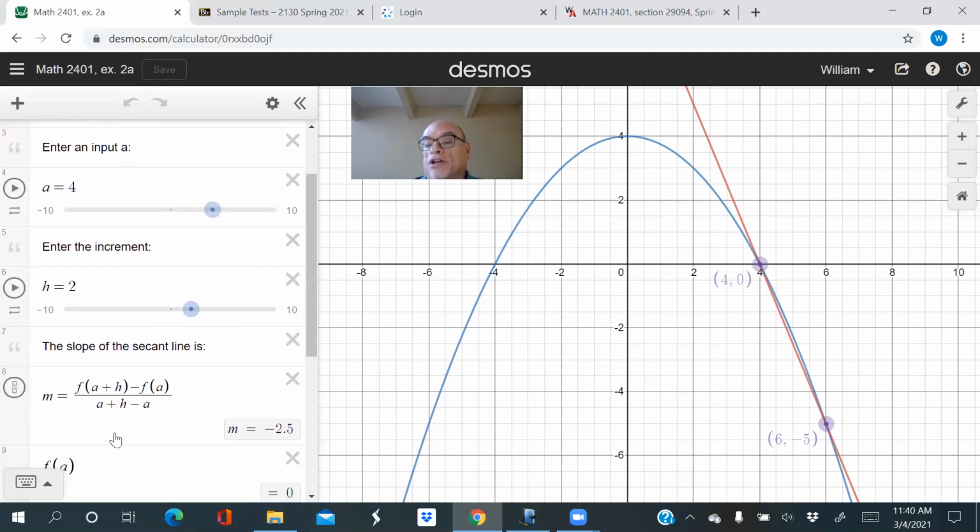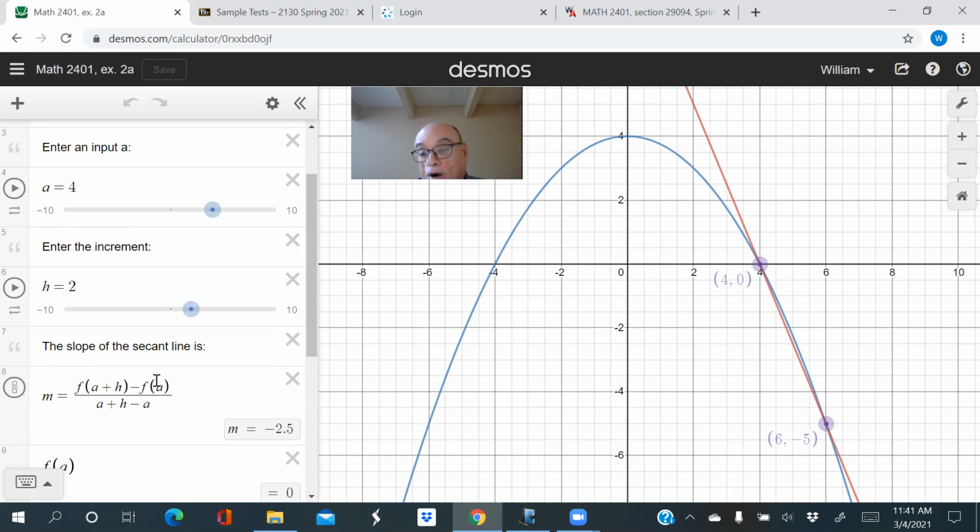So if you look here on the right-hand side, there's the x number that I started with, 4. There's my increment of 2, because I went from 4 to 4 plus 2, which is 6. So I used an increment of 2. I usually like to label the increment as h. That's the traditional way it's labeled in calculus, although you could label it other things. And there is my average rate of change computation. It's going to be f of 4 plus 2, f of 6, which happens to be -5, I can see here,